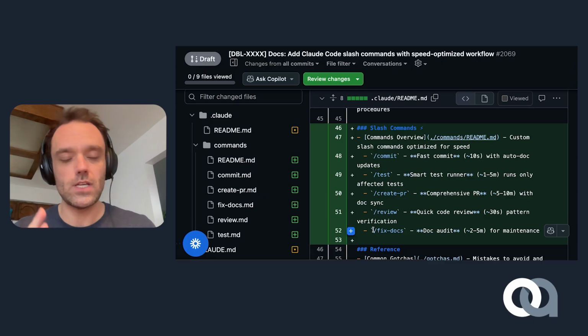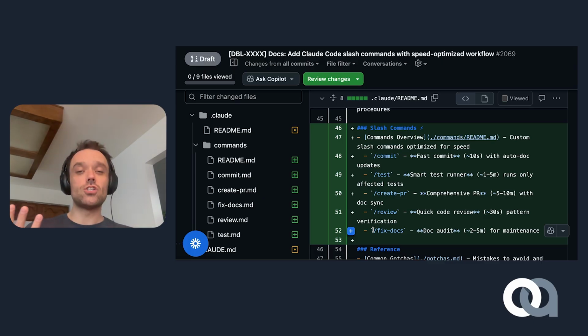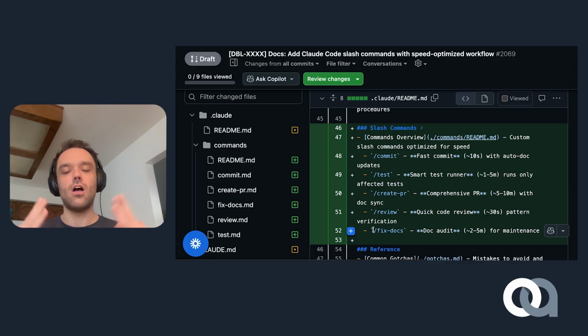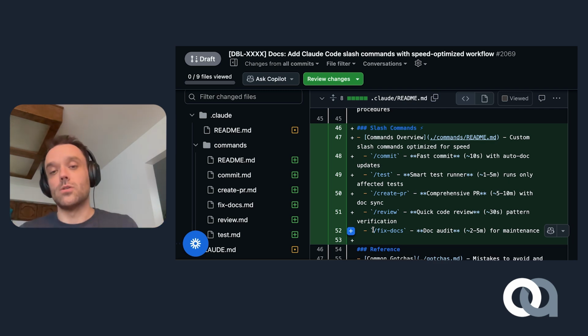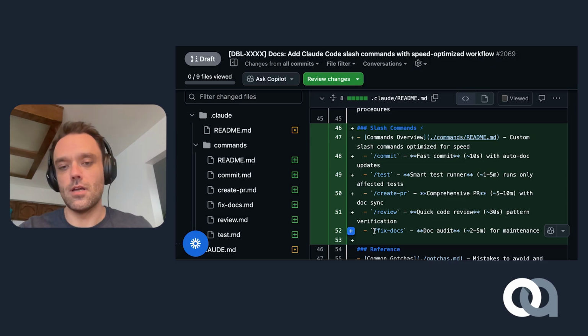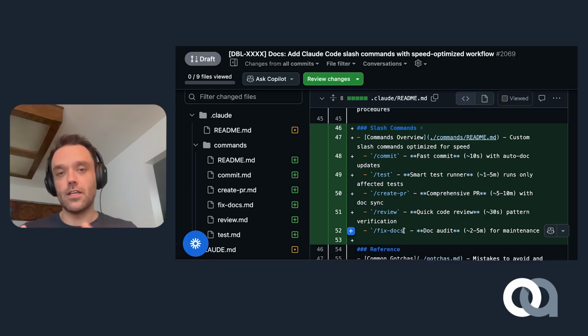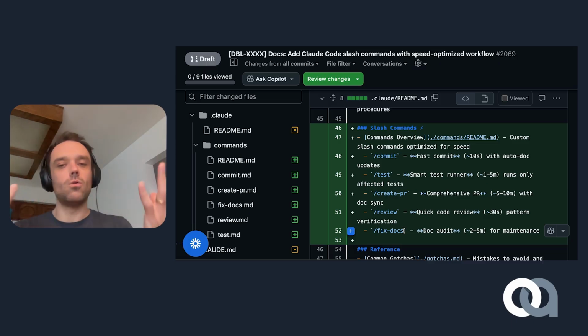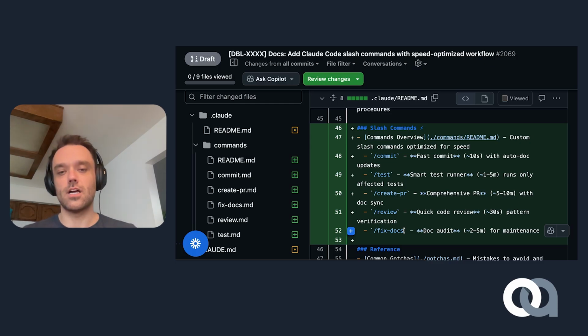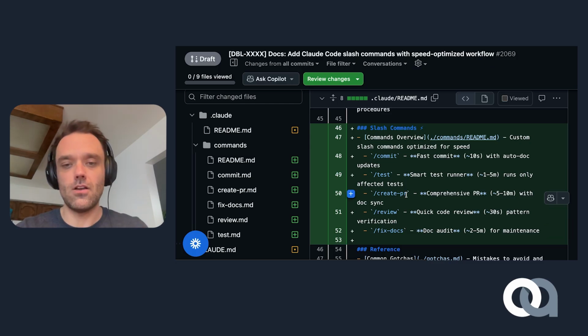And then the other slash command is this fix docs command. So as your code base changes, the documentation that Claude is writing about the code to optimize itself will also need to change. So periodically, you can manually run this fix docs command, which is going to, once again, audit your code base and see if the conventions documented within Claude's documentation are still accurate. I had also put, or had Claude put, a very light version of that within the create PR slash